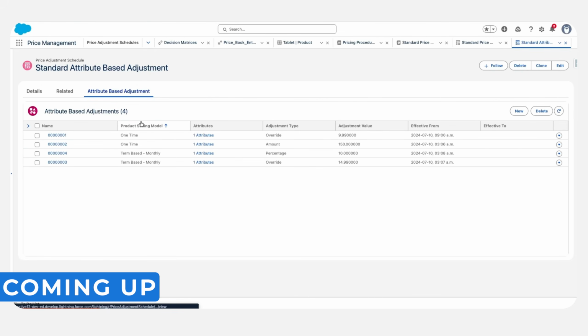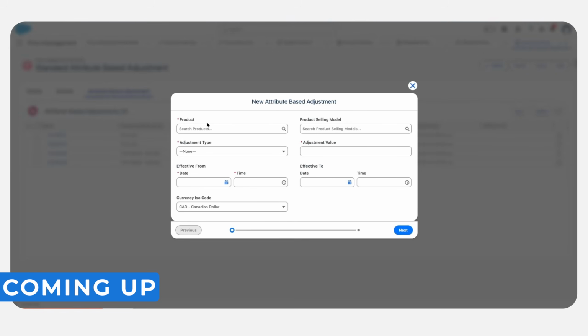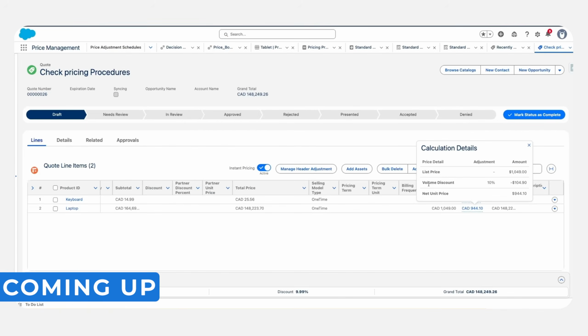We have some attribute based adjustment. Then now we'll click on the new and then we'll select the product. As a volume discount, we have the 10% discount added here because